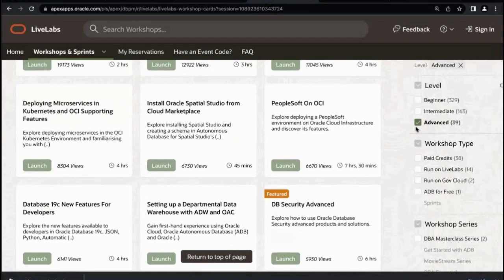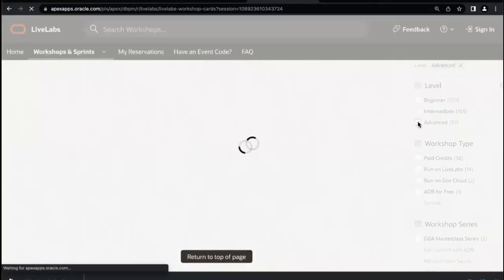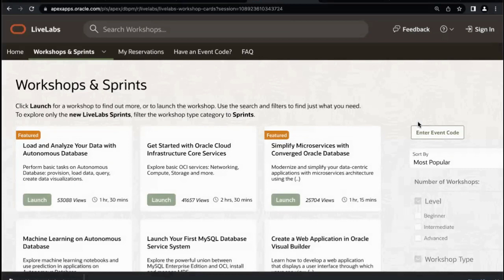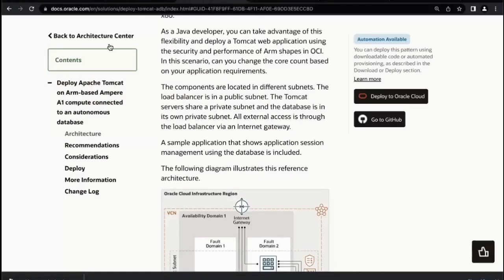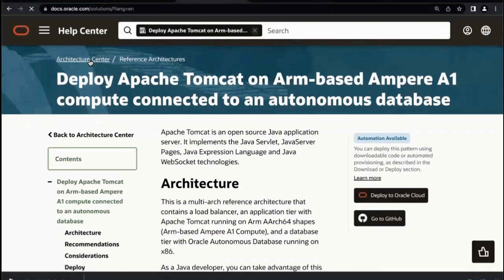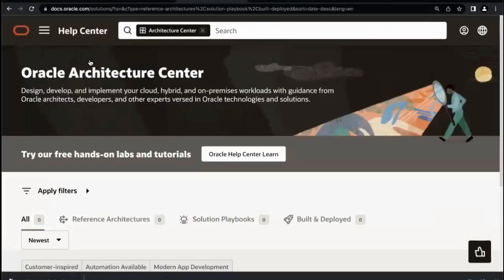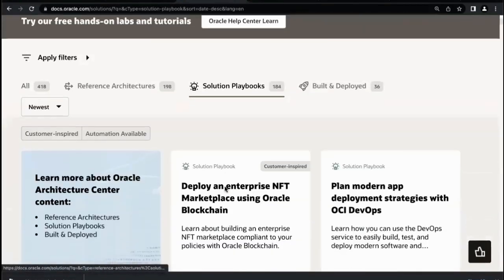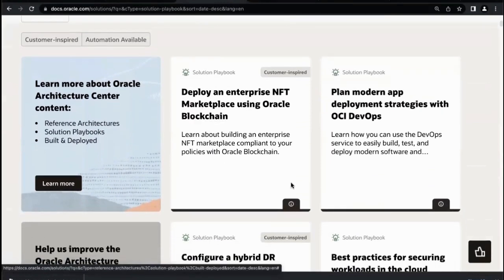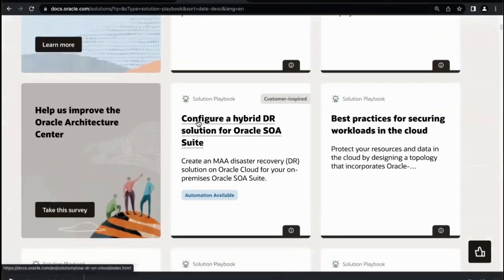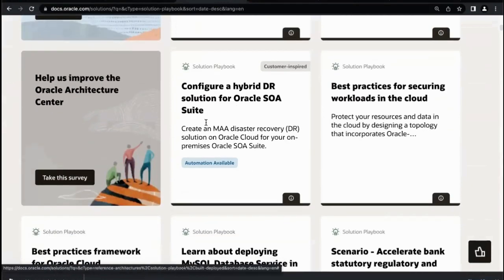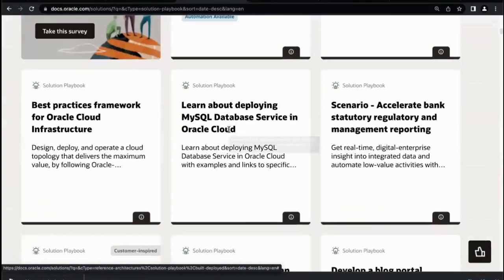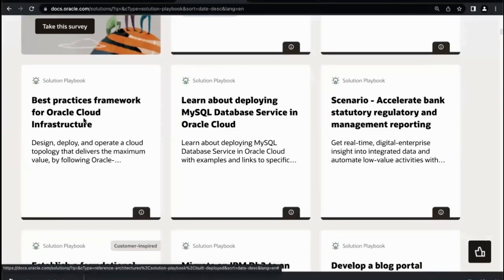Yep. Exactly. And these are great resources to have, going into the beyond aspect of this. One thing we touched on was Architecture Center, as far as reference architectures and building from it. There's a lot more on there. Uma mentioned playbooks. The other thing is there are white papers on there for specific products and specific services and things of that nature. There are also build and deploy sessions. There are walkthrough sessions, similar to and probably better than the ones Larry and I have put together, as far as answering specific questions. We do our best, but there are people on here that do a better job at answering some of those questions. And so it's a great resource.